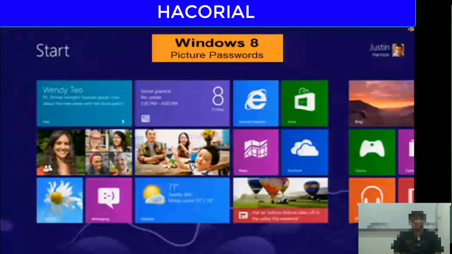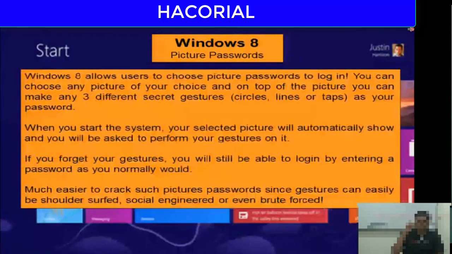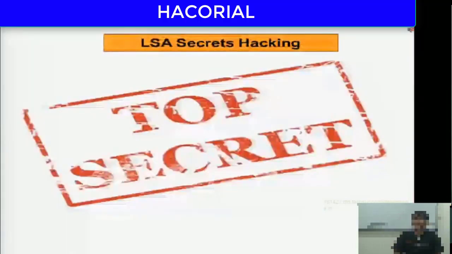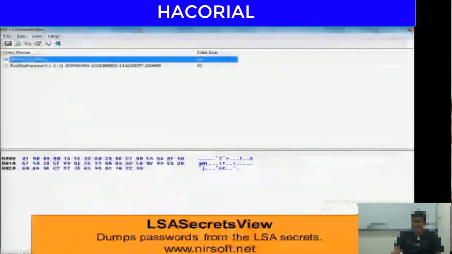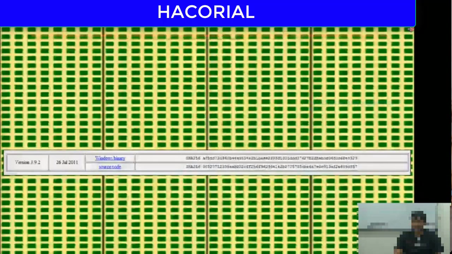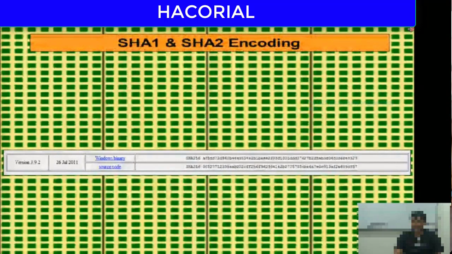But in reality, such a picture password is actually very vulnerable to brute force attacks, because in most pictures there are very few different points where you can actually remember and where you can actually press your password. So I would recommend not using picture passwords at all. Then you have something called LSA secrets, which I'm just going to skip. And then let's quickly move on